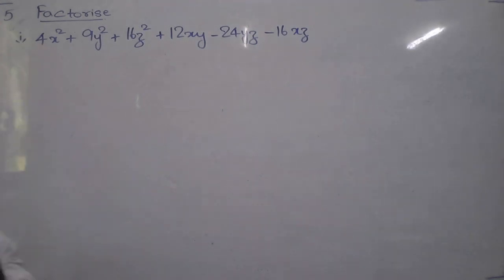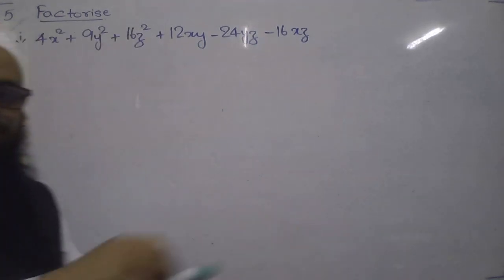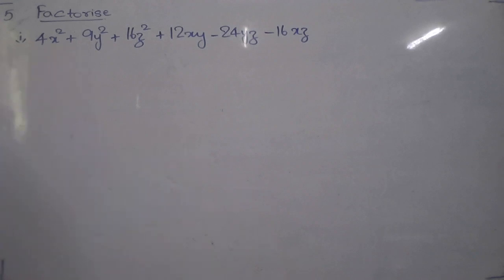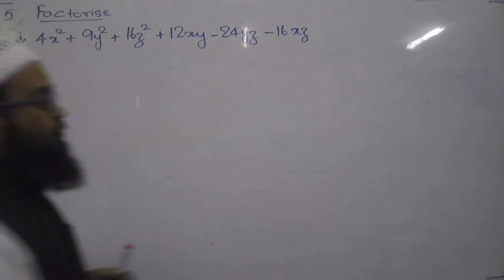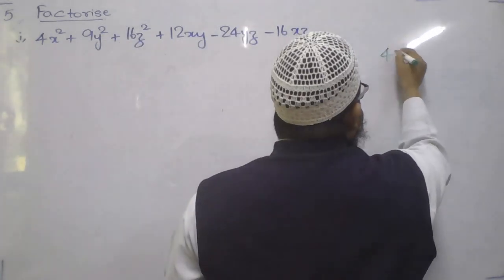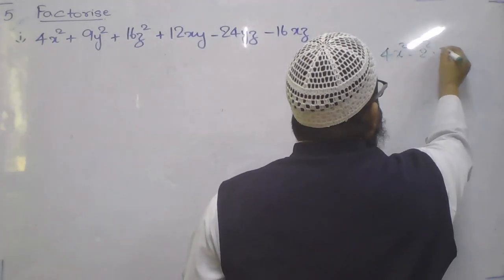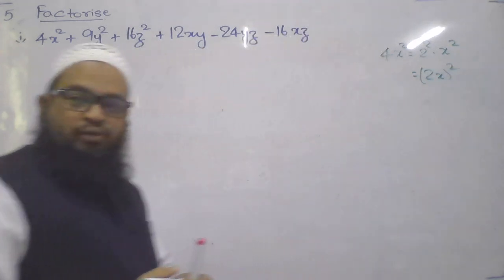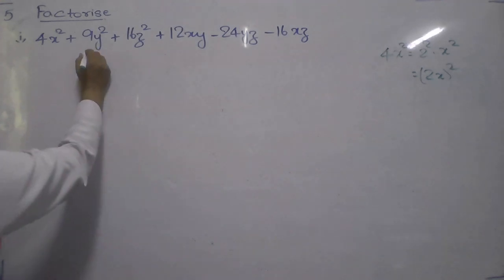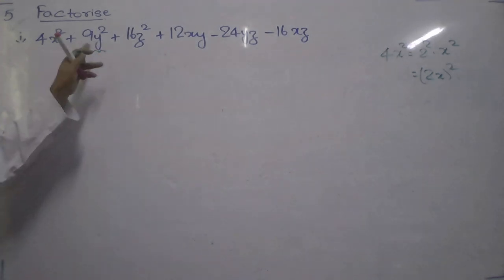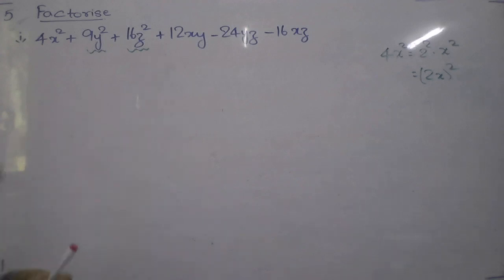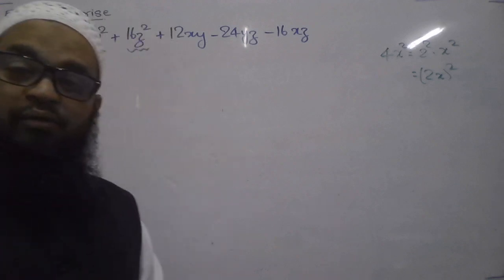Is 4x square a perfect square? We can write it as 2 square times x square. So can I write it as (2x) whole square? So it's a perfect square. In the same way, what about 9y square? Yes, 9 is also a perfect square, y is also perfect. In the same way, 16z square is also a perfect square. So when you have three perfect squares, we have to go with